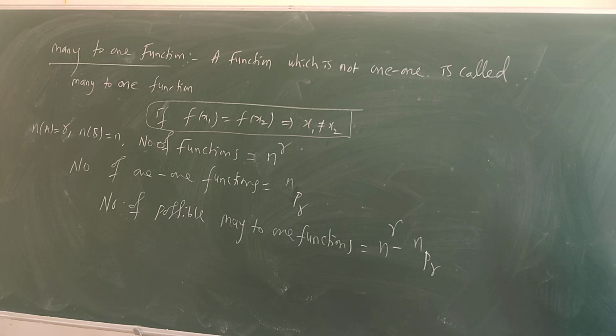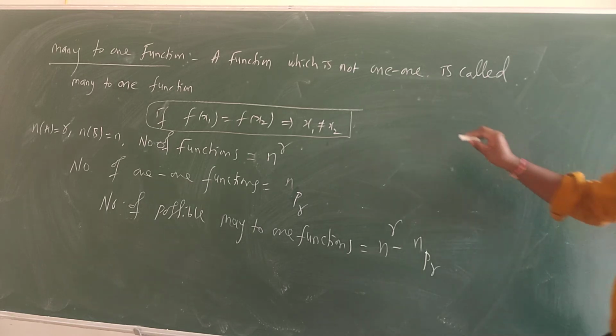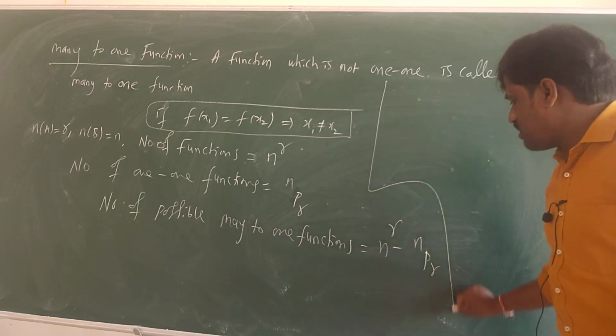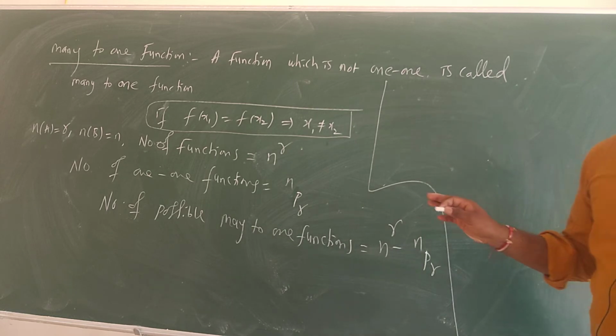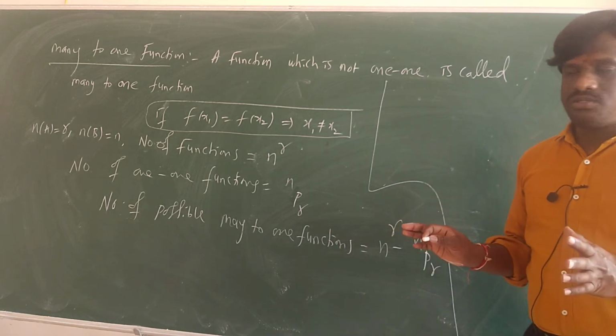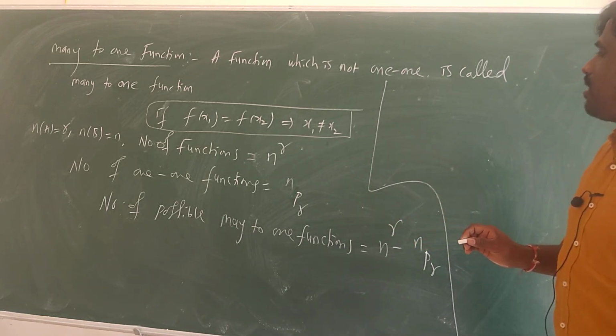So here, see, this topic is the most important topic: 1-1, onto, inverse, next composite. I'll explain in more detail. I'll take more lectures on this. Okay, don't think that I am going to stop, because it's a very important topic. I know how much importance I need to give it. In future I will give it more importance, but your exams are coming now, so I am revising shortly now.